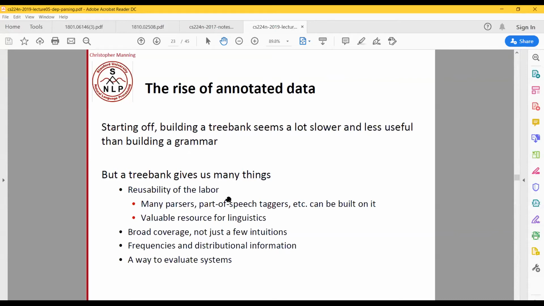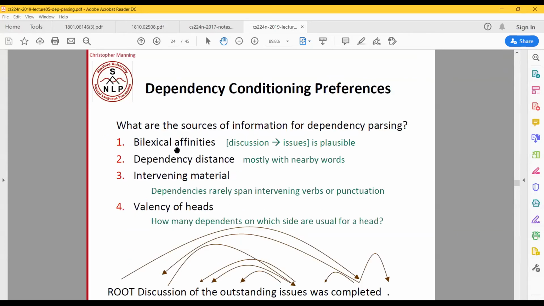So let's see: dependency, bilexical affinities, sources of information, dependency distance, intervening material, valency of heads, how many dependents on which side are useful. Discussion of the outstanding issues was completed. So if you look at this sentence,